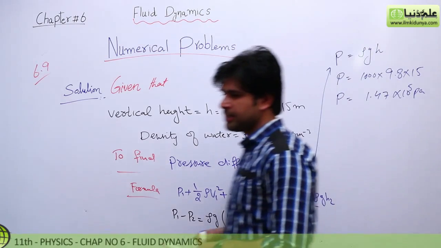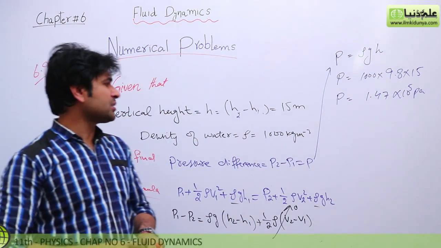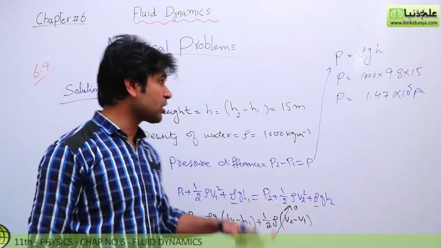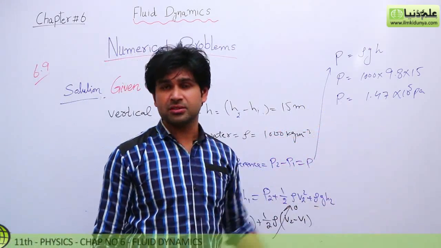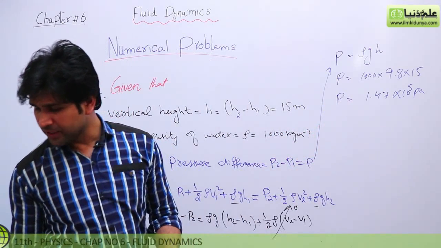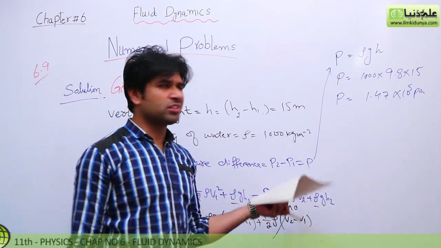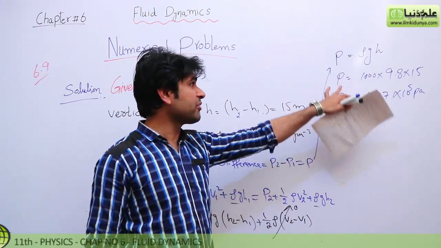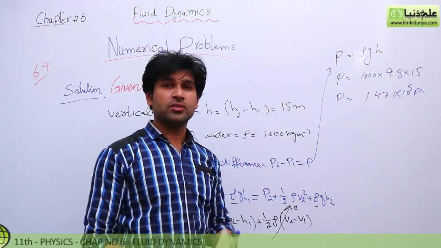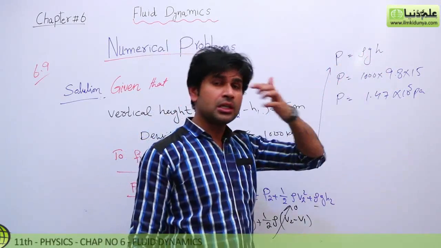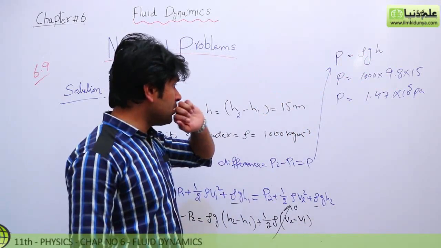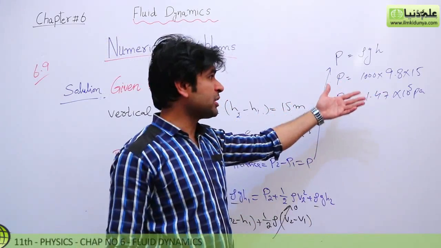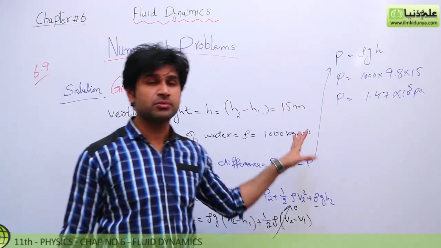So students, in this way we can solve this numerical problem. This is the required answer when we rearrange and solve this Bernoulli equation and put in the values: the pressure difference of the water hose or fire hose providing to the mains of the city. We find the pressure by substituting rho, G and H, where rho is the density of water, G is the gravitational acceleration, 9.8 meter per second square, and H is the difference of the heights, 15 meters.